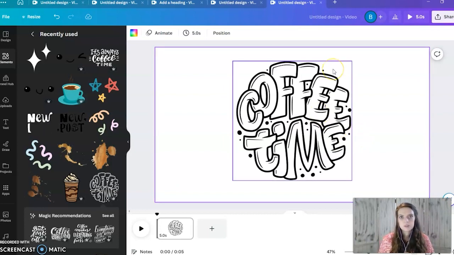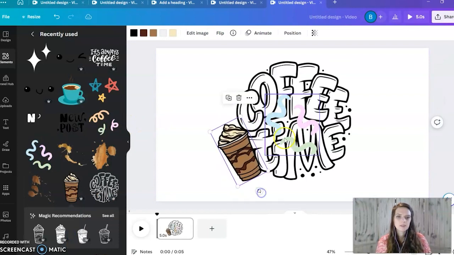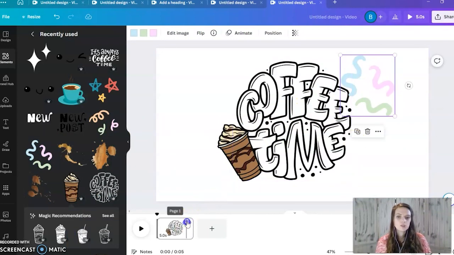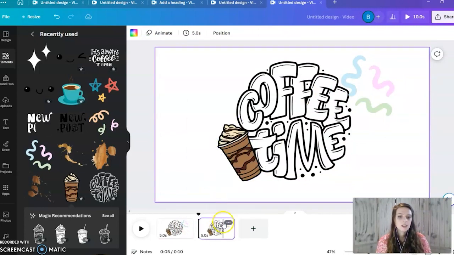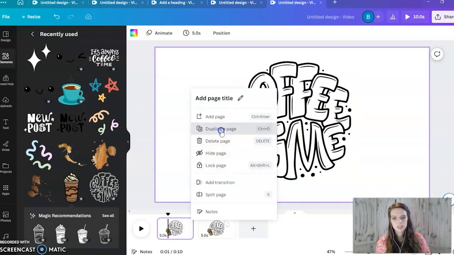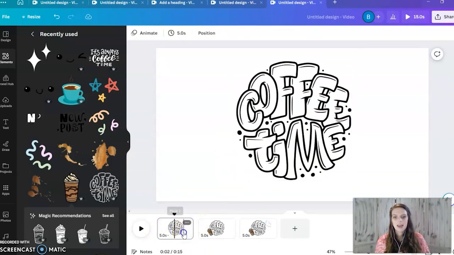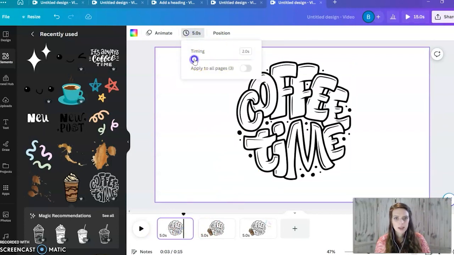So you can really do this one of two ways. You can work on it progressively from the start, where you just duplicate it, or you can do it from the end. So I could sit here and put all of the elements that I wanted, put them in place, right? And then I could duplicate my pages. Instead of clicking on page 2, we would click on page 1 and delete the element that we don't want anymore. Duplicate again, make sure you're clicked on the first page, delete an element. And if you do it this way,